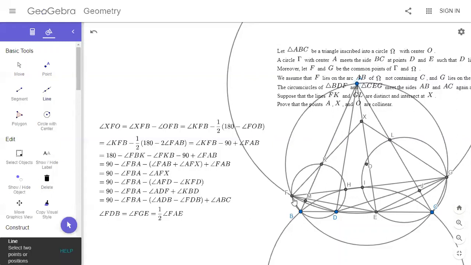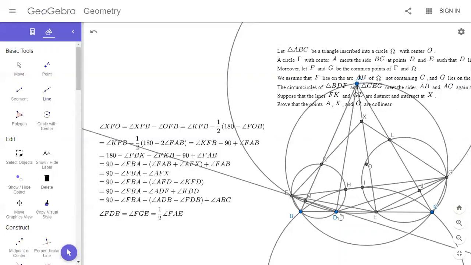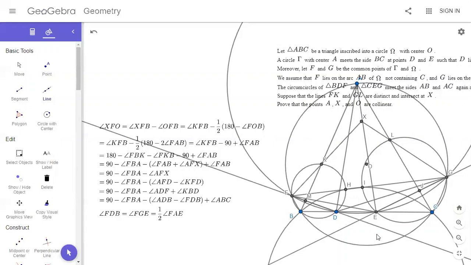I think that would mean... is NP parallel to BC? Looks like it, yeah. Okay, so